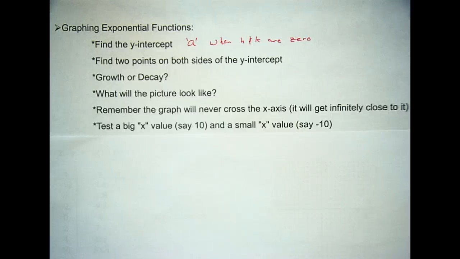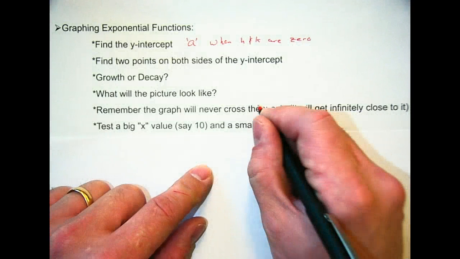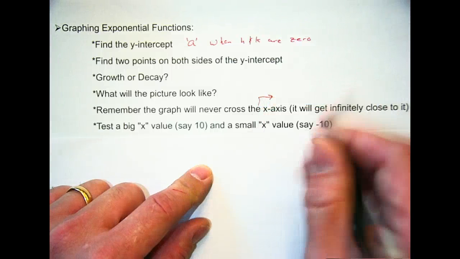Find 2 points on both sides of the y-intercept. So once we find the y-intercept, we'll pick 2 points. We'll figure out if it's a growth or decay. We'll do a quick sketch of what we think the picture will look like. And remember, the graph will never cross the x-axis. It'll get infinitely close. Now, there's a little side note to this. It'll never cross the x-axis when